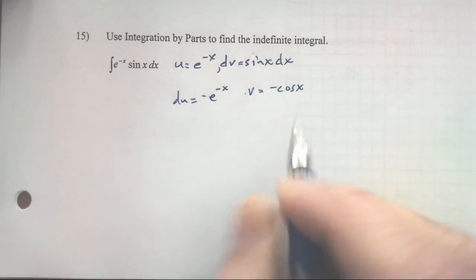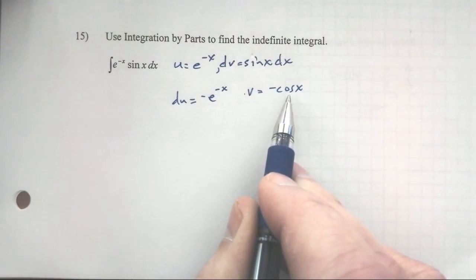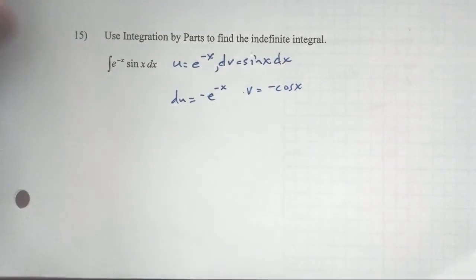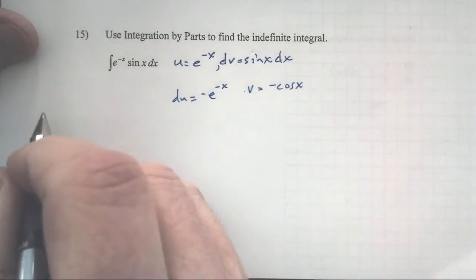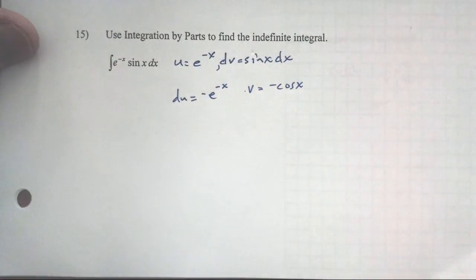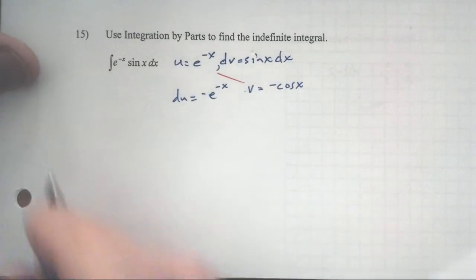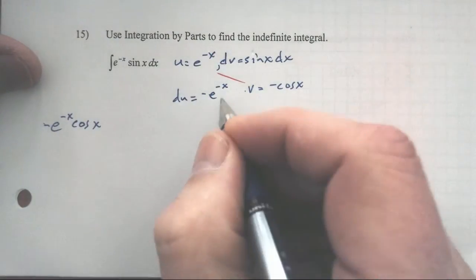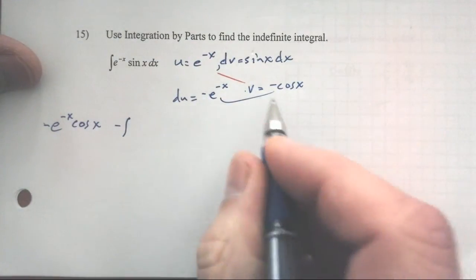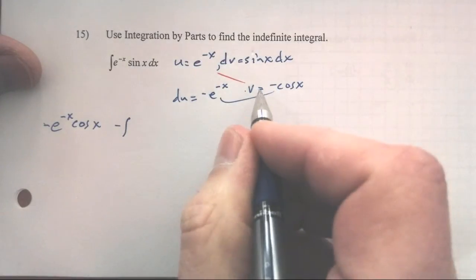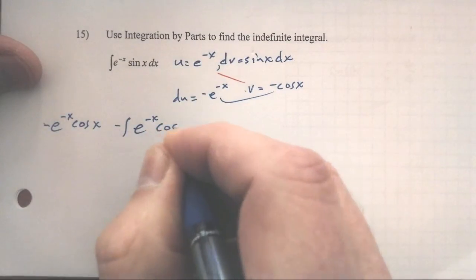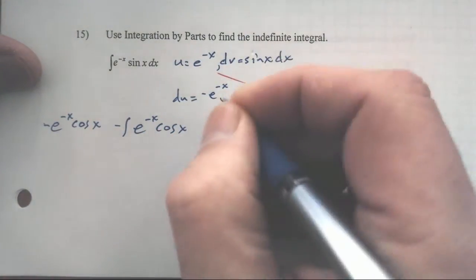negative cosine of x. The integral of the derivative of negative cosine is the opposite of negative sine, so we got it. So now I set this up, and I'm going to write small, because I recognize this problem, as you should by this time, as one of these come-around problems. So first step, product of uv, that is negative e to the negative x cosine of x. Second, minus the integral of that. Okay, so that is minus negative, that is a positive, e to the negative x cosine of x, and of course I forgot my dx right here,